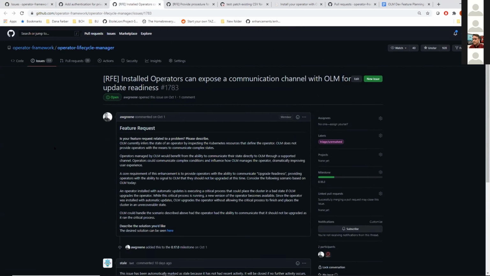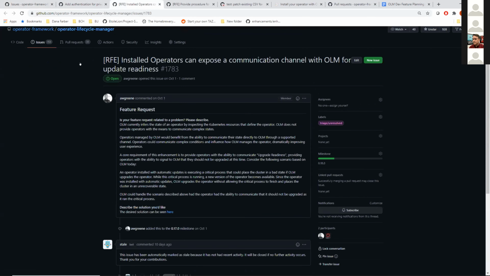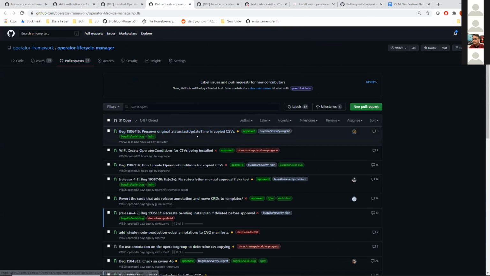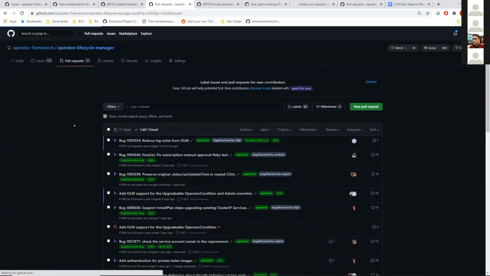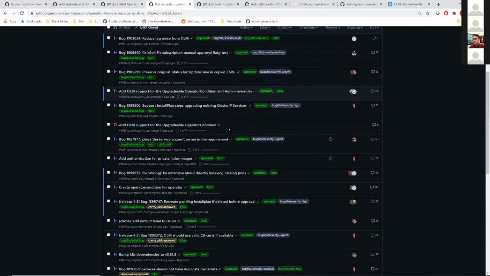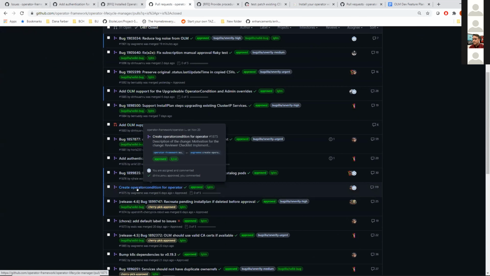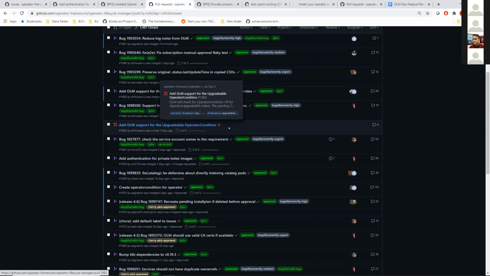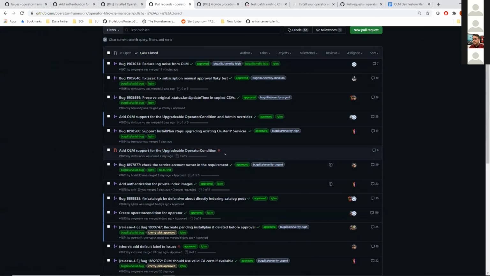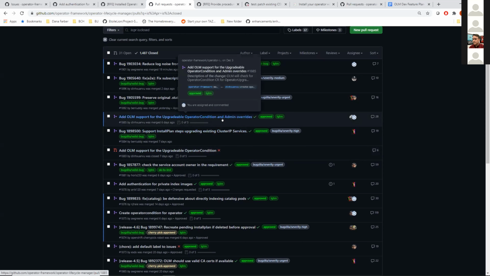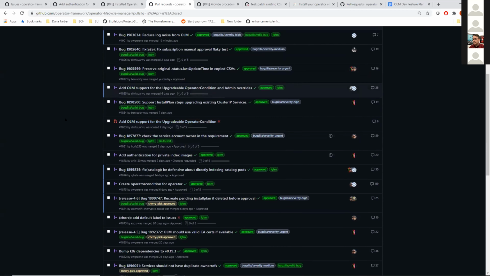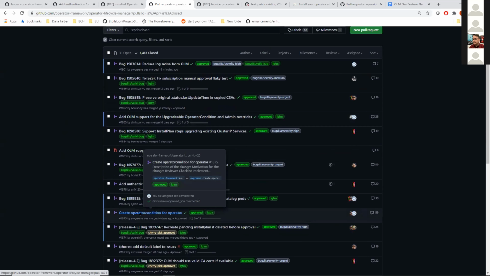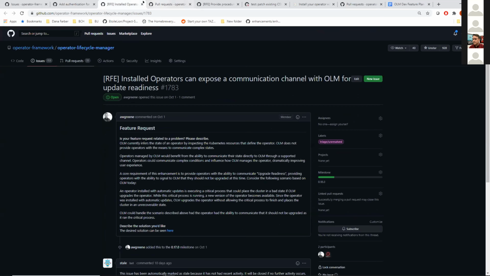I can see if I can find the pull request, but I believe we have some PRs that have merged related to that. Let's take a look. Yeah, so there's a couple of PRs here. So create operator condition: there's a new API we've implemented. This is OLM reconciling that upgradable condition based on that API existing. And then this is the override stuff that was included on top of that to ignore the condition when it happens for an installed operator. So any objections to me marking